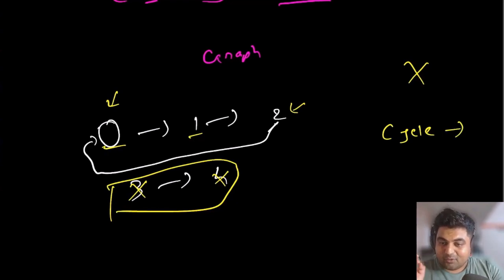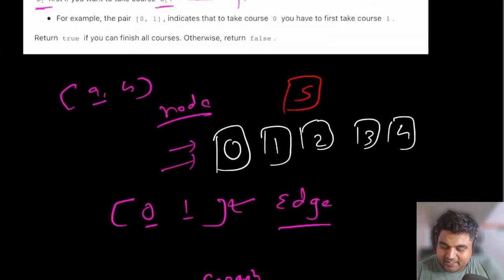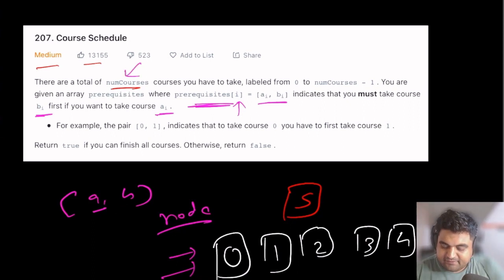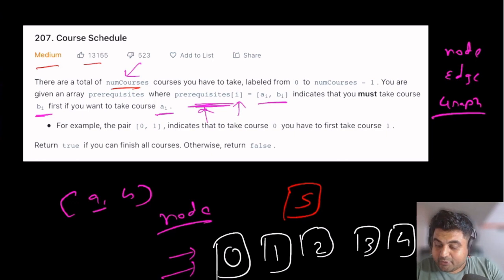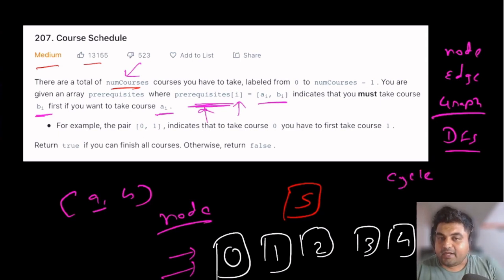And that is the whole crux of the problem. So the problem simply becomes that we take the number of courses that we are given, we treat them as nodes, the prerequisites we treat them as an edge, and then we create a graph. After creating a graph, all we need to do is run a DFS. We can do it recursively, iteratively, it's up to us. And after using this DFS, all we need to do is to check whether there exists a cycle or not. And how can we check that there exists a cycle or not? Using visited array or visited hash set.